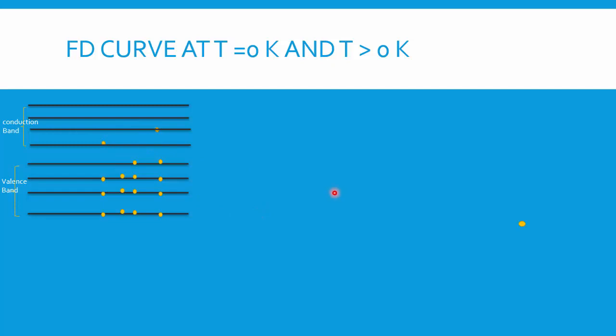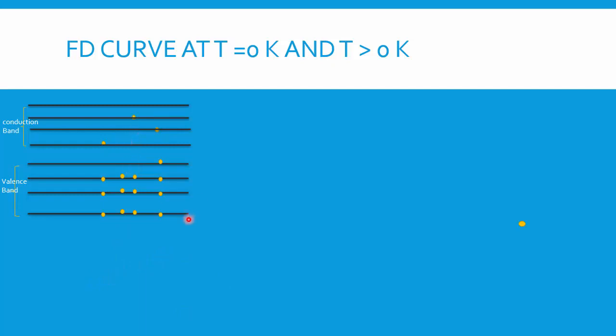They will move to the conduction band. So what will happen? If you ask me why the electrons on the first energy level of the valence band are not moving up, it is because they are close to the nucleus and have a greater bond. Due to thermal excitation, the movement up to the conduction band takes place from a higher valence band, because the lower energy level is close to the nucleus. So you can see that the electrons are moving to the conduction band.